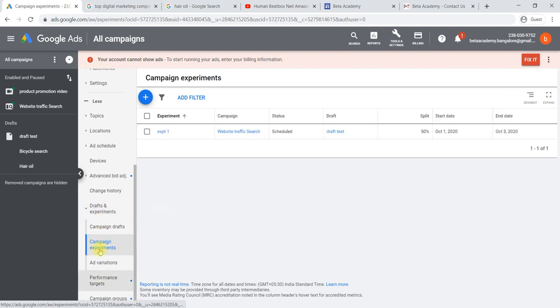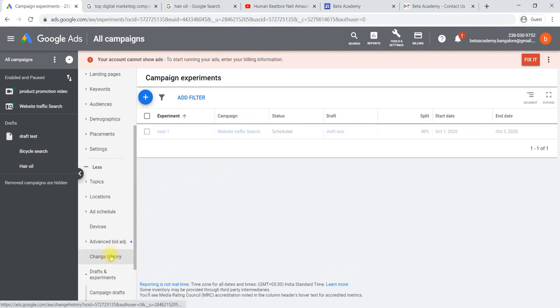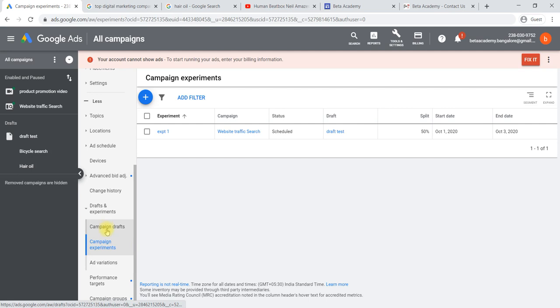Once you have created a campaign draft, you can check the entire campaign. For the entire campaign also you can do A/B testing by using the campaign draft and campaign experiments.